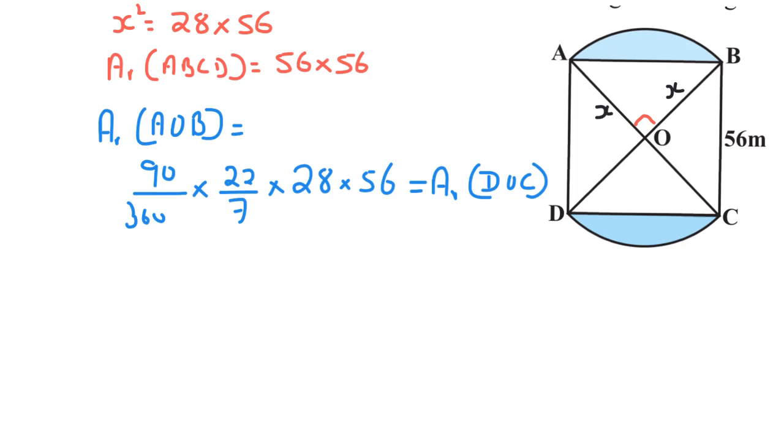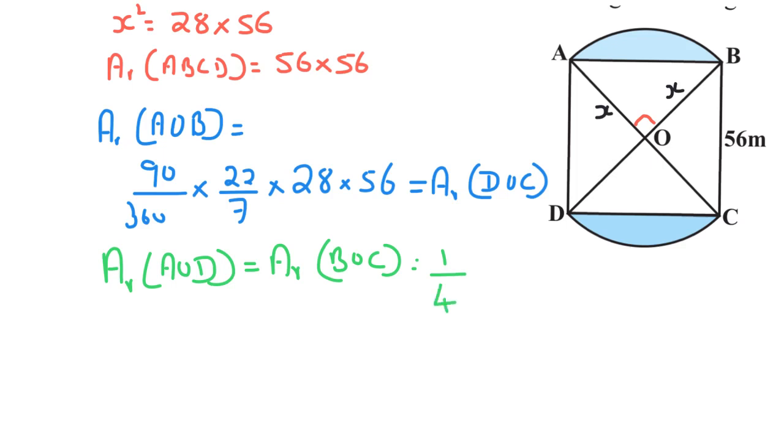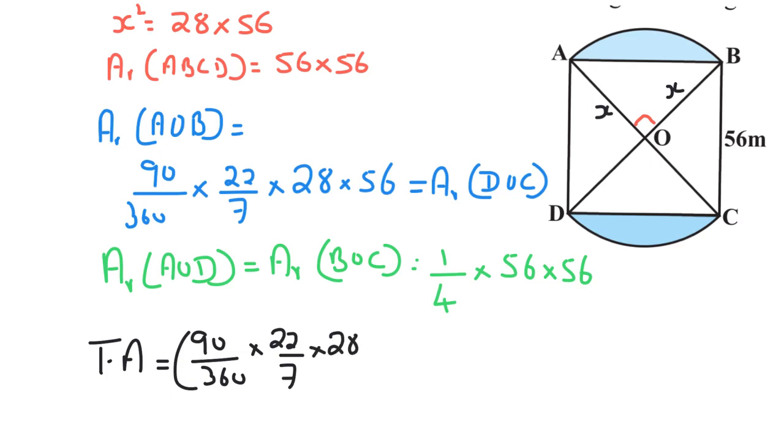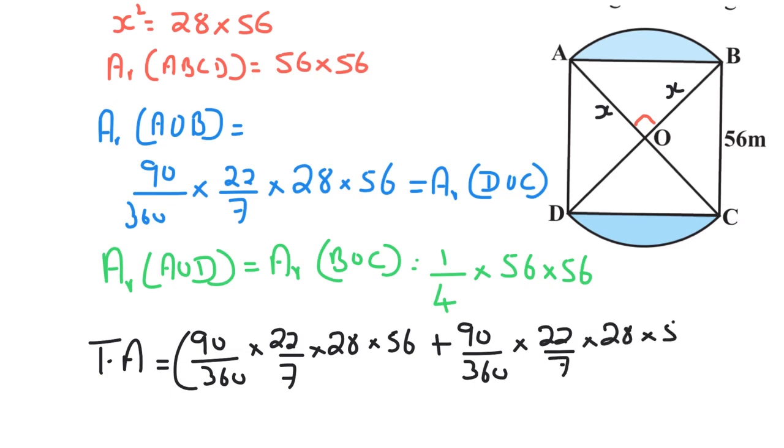So, the area of the triangle AOD will be the same as the area of the triangle BOC, which is nothing but 1/4 the area of the square. Area of the square is 56 times 56. Now, we can easily figure out the total area. The total area is going to be the area of one sector AOB. How much is that? It's 90 over 360 times 22 over 7 times 28 times 56, plus the area of the sector DOC, which is the same thing, 90 over 360 times 22 over 7 times 28 times 56, plus